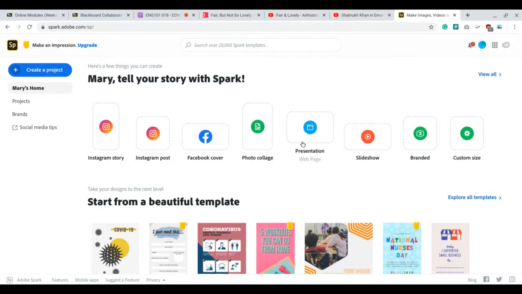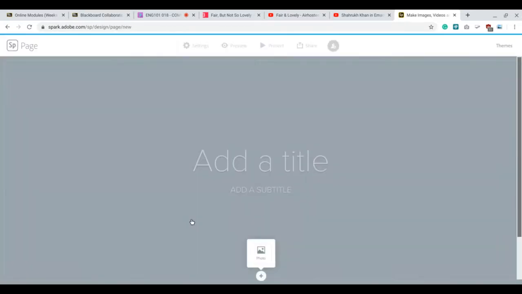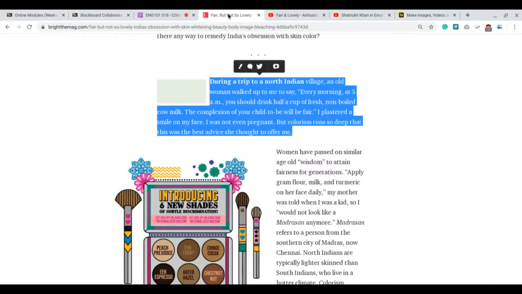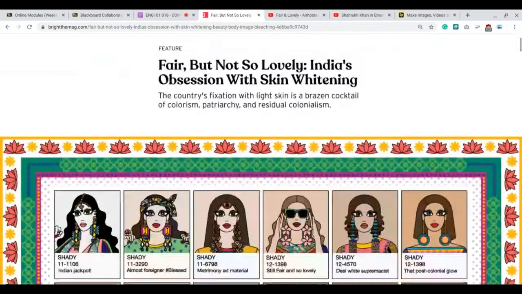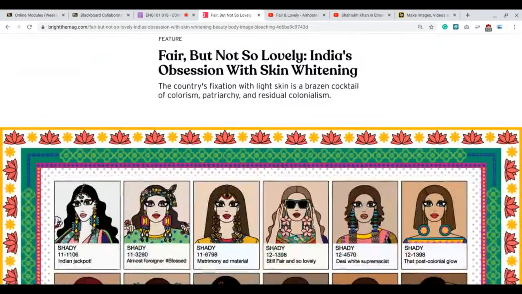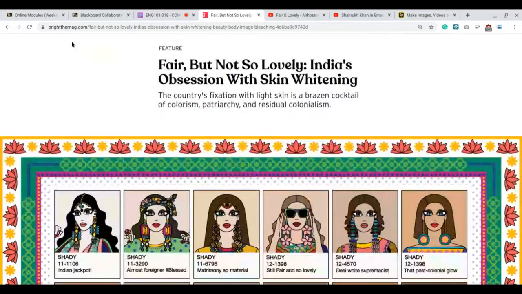Very easy. You're going to click on it, and it's going to give you some sage advice and then give you this template space. And you are totally free, if you're feeling really uncreative right now, or this sort of visual design is not your strong suit, then you could absolutely use the layout of the Bright article. Fair but not so lovely. That's what I'm going to use